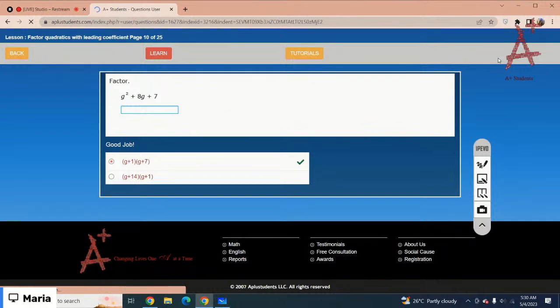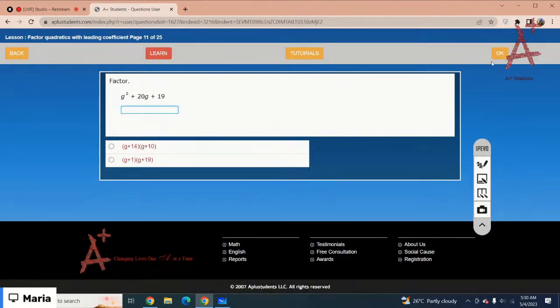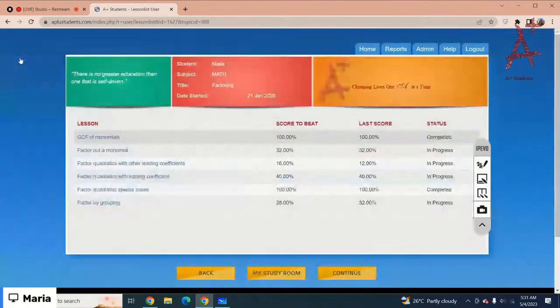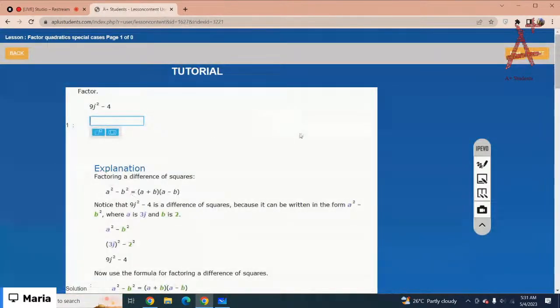Okay, you can complete the test by yourself later today. Let me just move on to the next lesson. Okay, the next one is factor quadratic special cases. Okay, the first one is